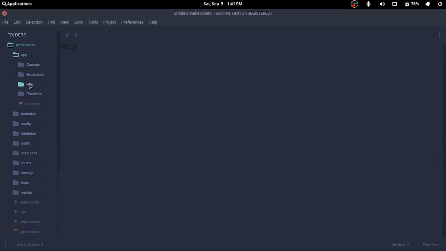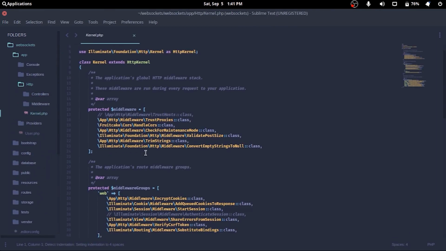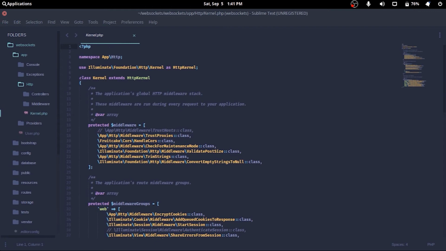Now we'll go to app/Http/Kernel to use the Sanctum package for our API routes by pasting the imports and the middleware configs.